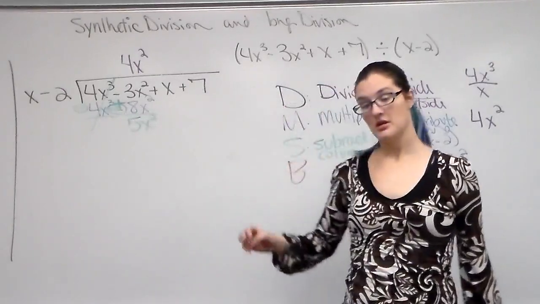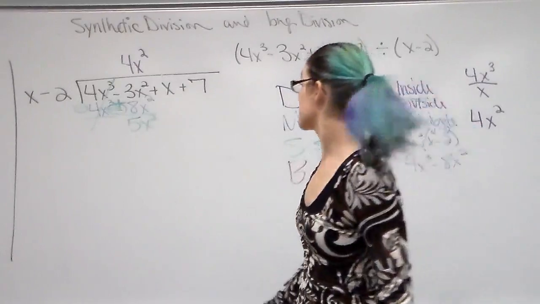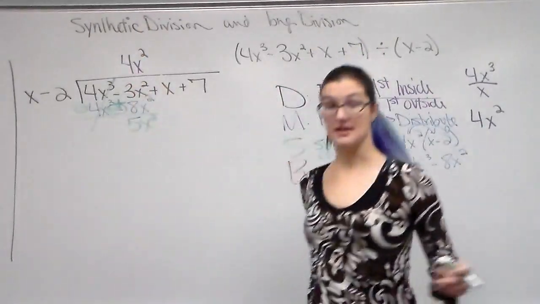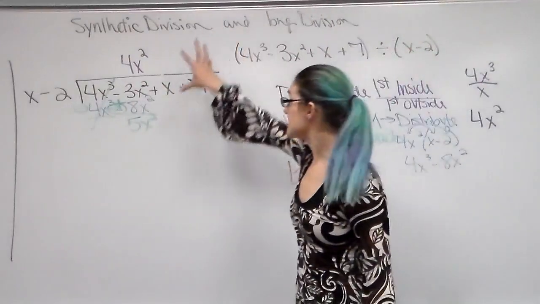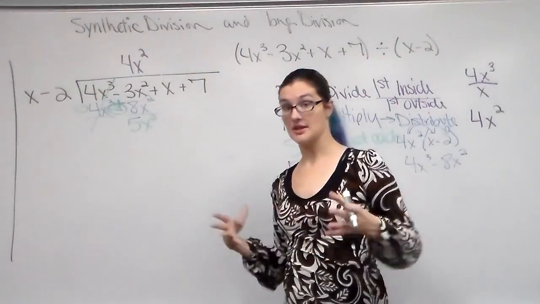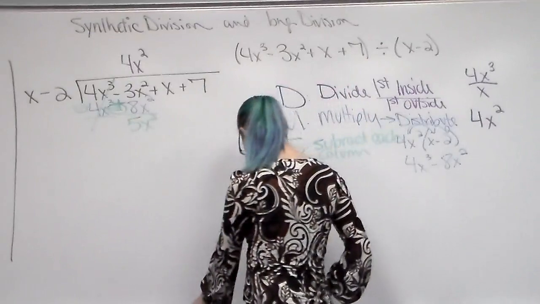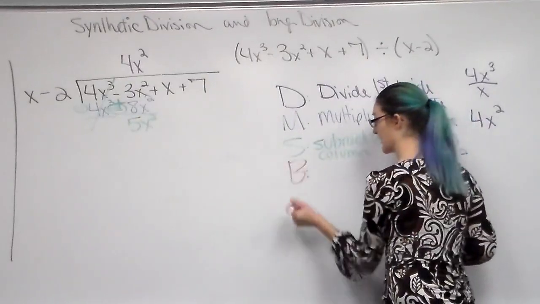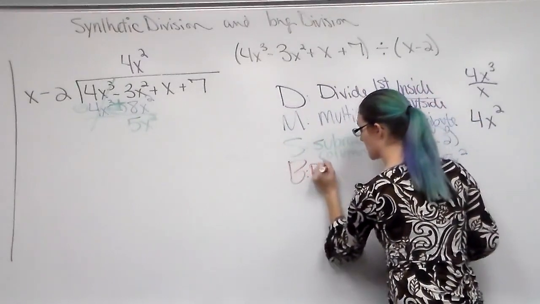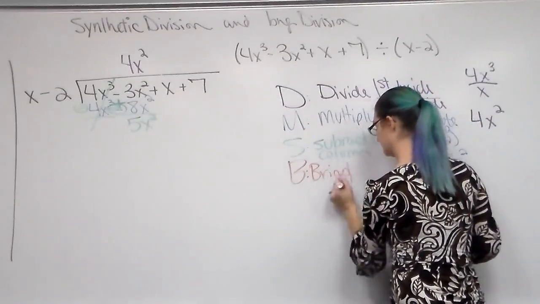Make sure you do not change exponents when adding or subtracting. This whole column has x squareds in it all the way down. Always have x squareds. So if we're keeping things lined up, it makes it a little bit easier to make sure things aren't getting completely messed up. And the last step before we start over is bring down